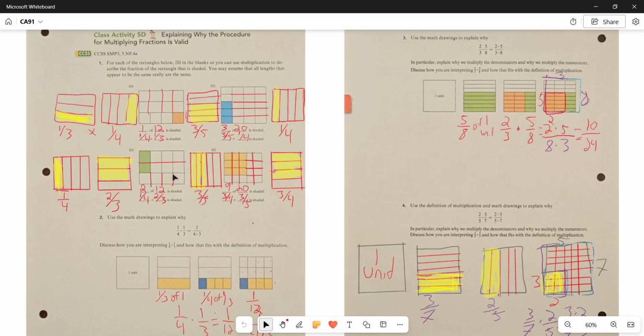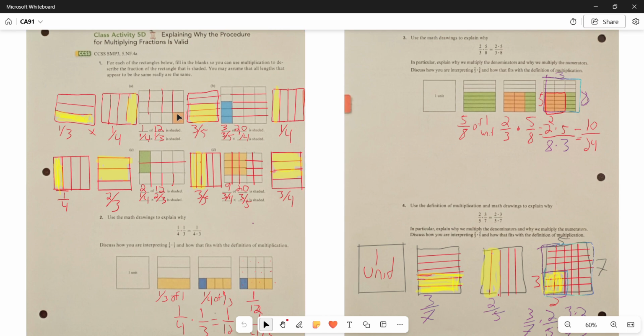Alright, so for this picture here, initially I see that I have one little tiny square shaded out of the whole thing. So I added lines, or continued the lines, and then realized that there are 12 total squares in here. So I have one unit of 12 shaded. Now to figure out what the fractions that are multiplied were,